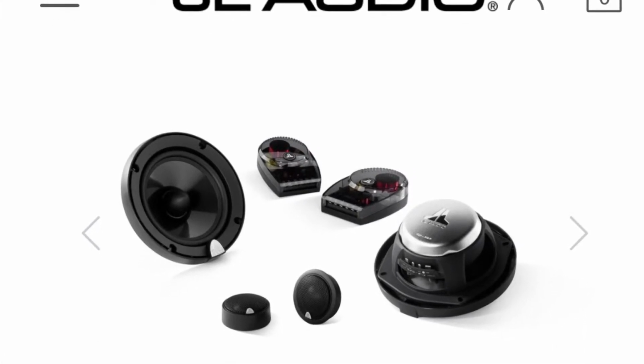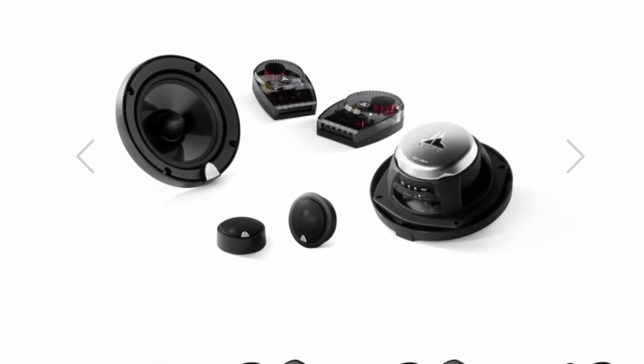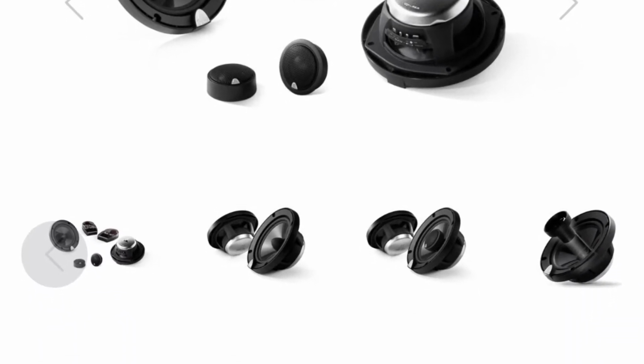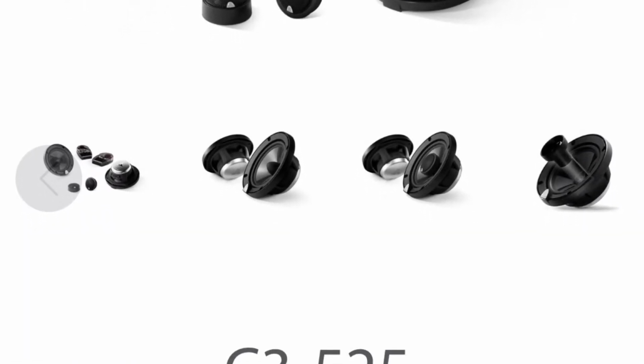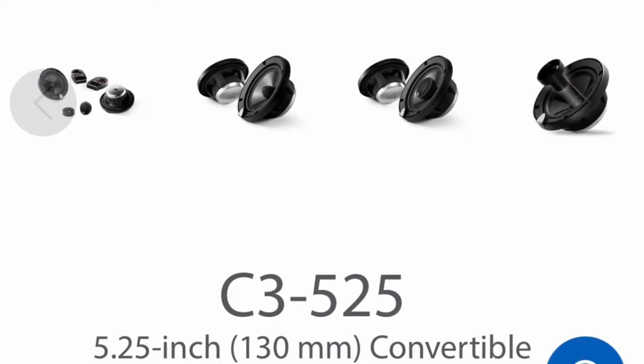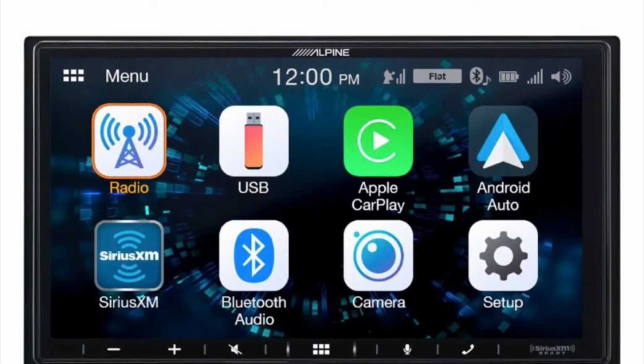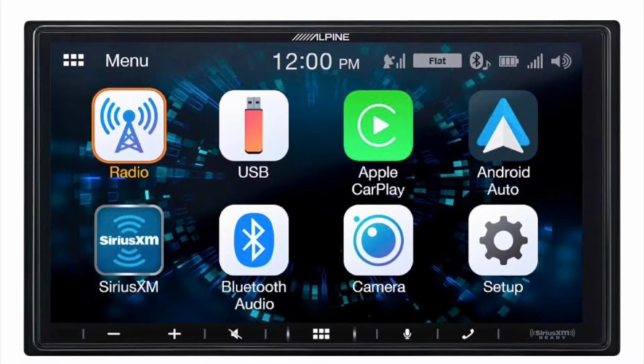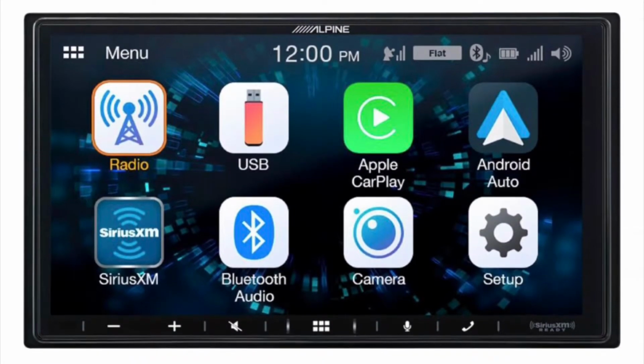What's up, everyone? Today I'm going to show you the process of me installing some JL Audio C3 component speakers in my 2004 Chevy Avalanche. I also ended up replacing the head unit with an Alpine ILX 650. The process and parts I used should be pretty similar for most GM trucks around the same year as mine,